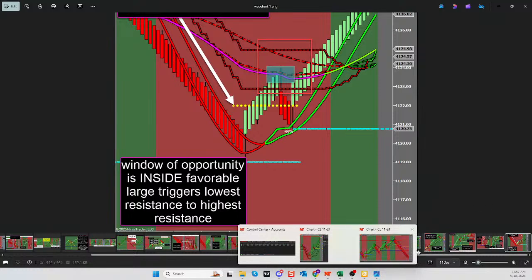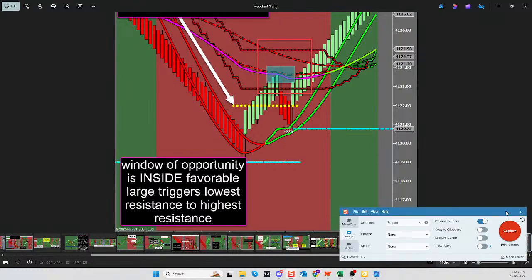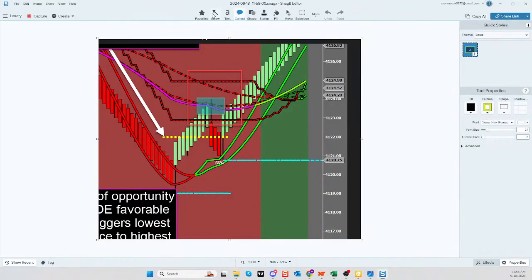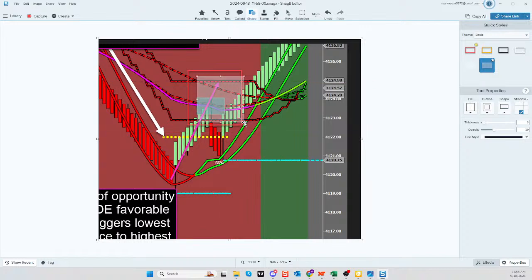This is kind of fun. I've never drawn these pictures before like this, so I like it. And here's a good one. So I expect price, once again, to come back to the triggers, right? This box is where I expect price to return. And here's one of the cool things,